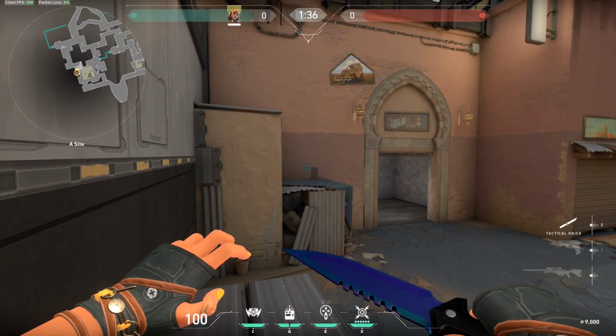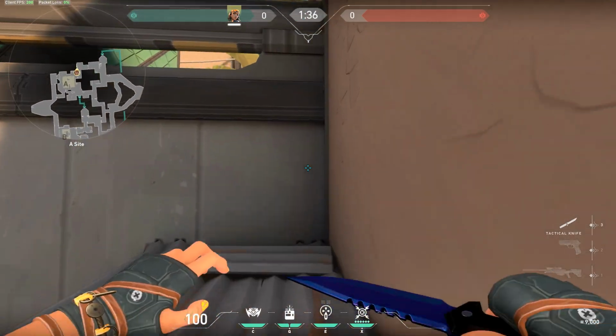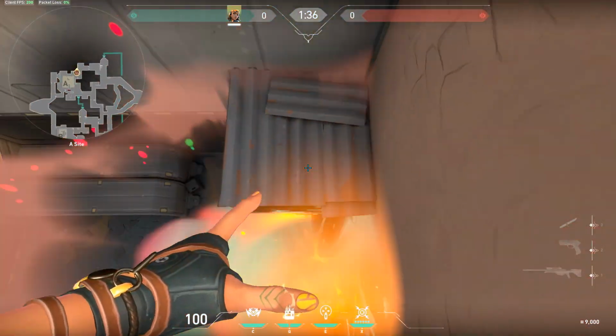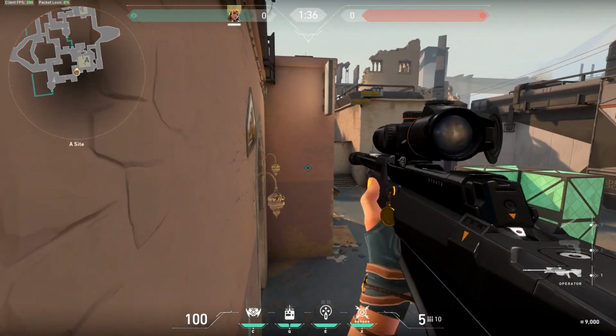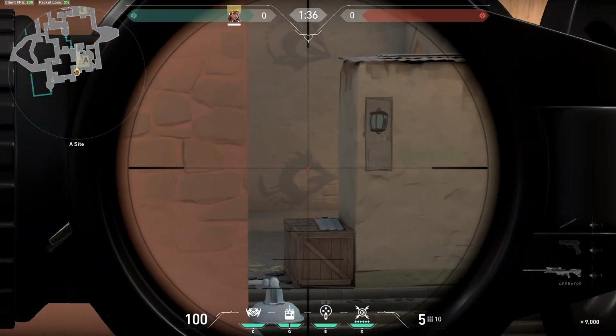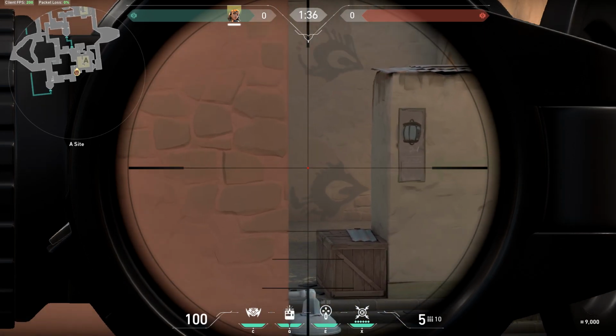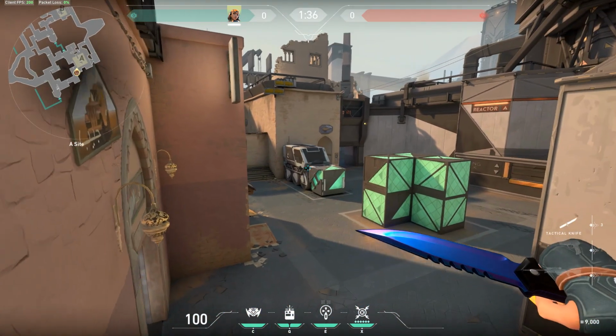This next spot isn't crazy useful, but you can get up here actually on this box. You could have a teammate boost you. For now I'm alone, so I can just use my satchel. And then once you're up here, any ice wall they put won't be able to stop you from having this sight line. So anybody that crosses the site or goes to U-Haul you can kill, and it would surprise